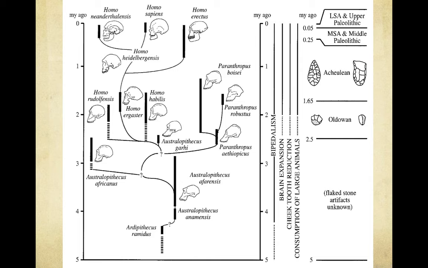What you can see here is a timeline that goes back in time, and this one starts with Ardipithecus and Australopithecus anamensis because these are really the confirmed hominids. And this one shows you the way that the branching seems to be going. Again, this is all based on evidence, and new evidence is always emerging, but there's some important trends I want you to notice here. We've got the early Australopithecines coming around the 4 million year mark, and then they branch